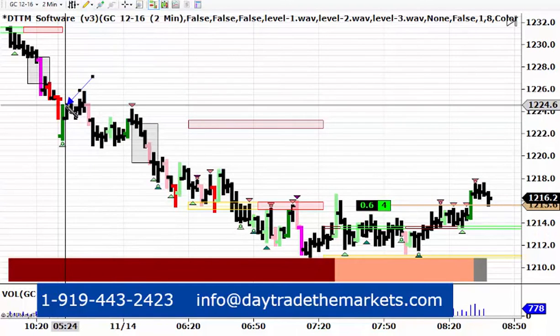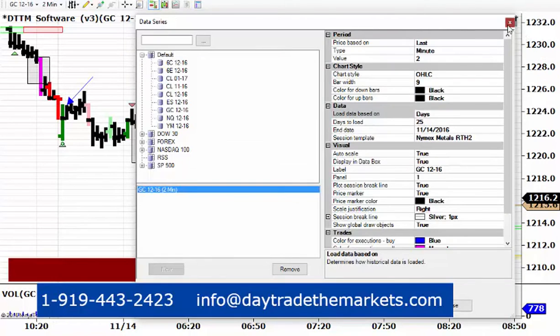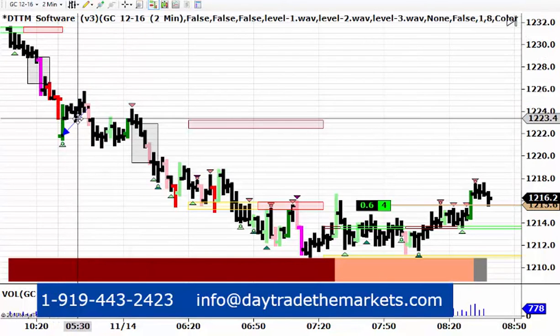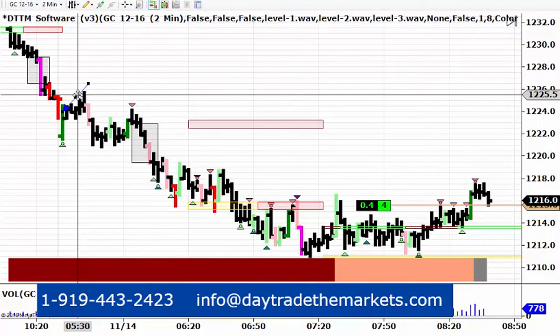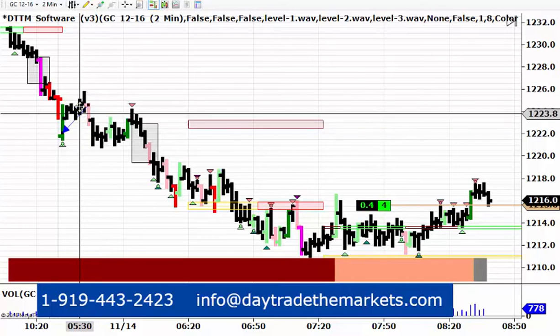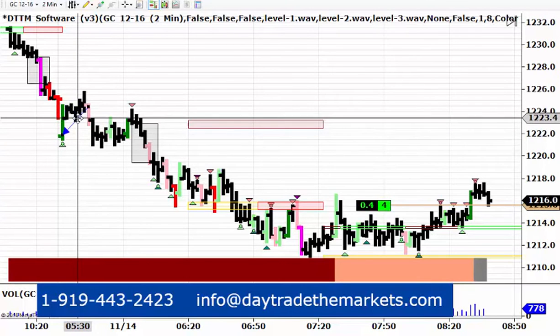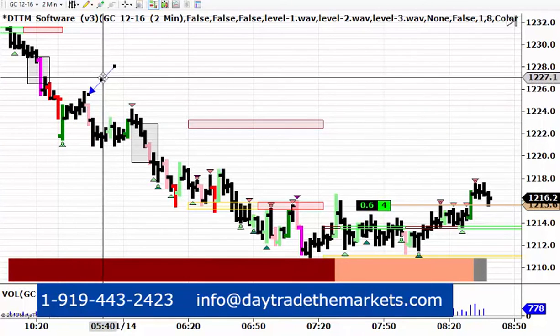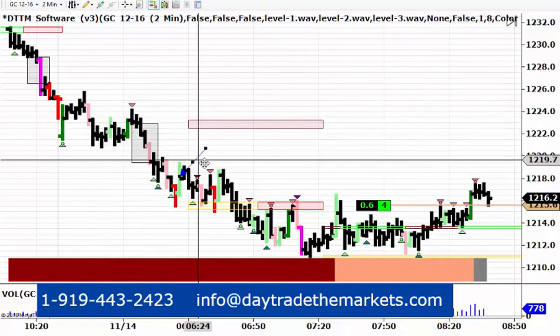It opened actually down here. The green bar was the first bar of the day. A green bar is an aggressive buying bar, our second strongest aggressive buying bar. Blue is the strongest. So it had some aggressive buying in here after the open lower, had no real follow through higher and then started to sell off, as you can see all the way down